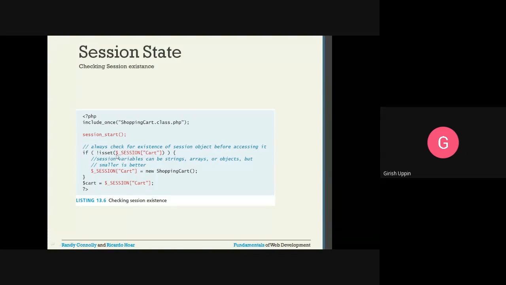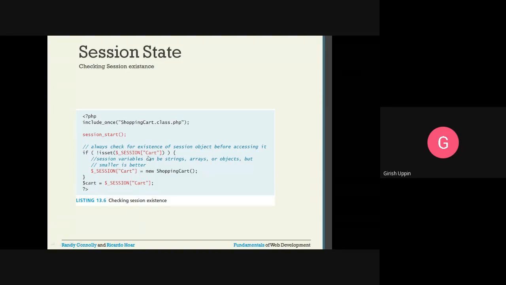If it returns true, then this will become false. It will not go into the true block. It will come here. $cart is equal to $_SESSION cart. It will get the session object, and that session object will be assigned to $cart. In $cart, now I have the current state of the user.